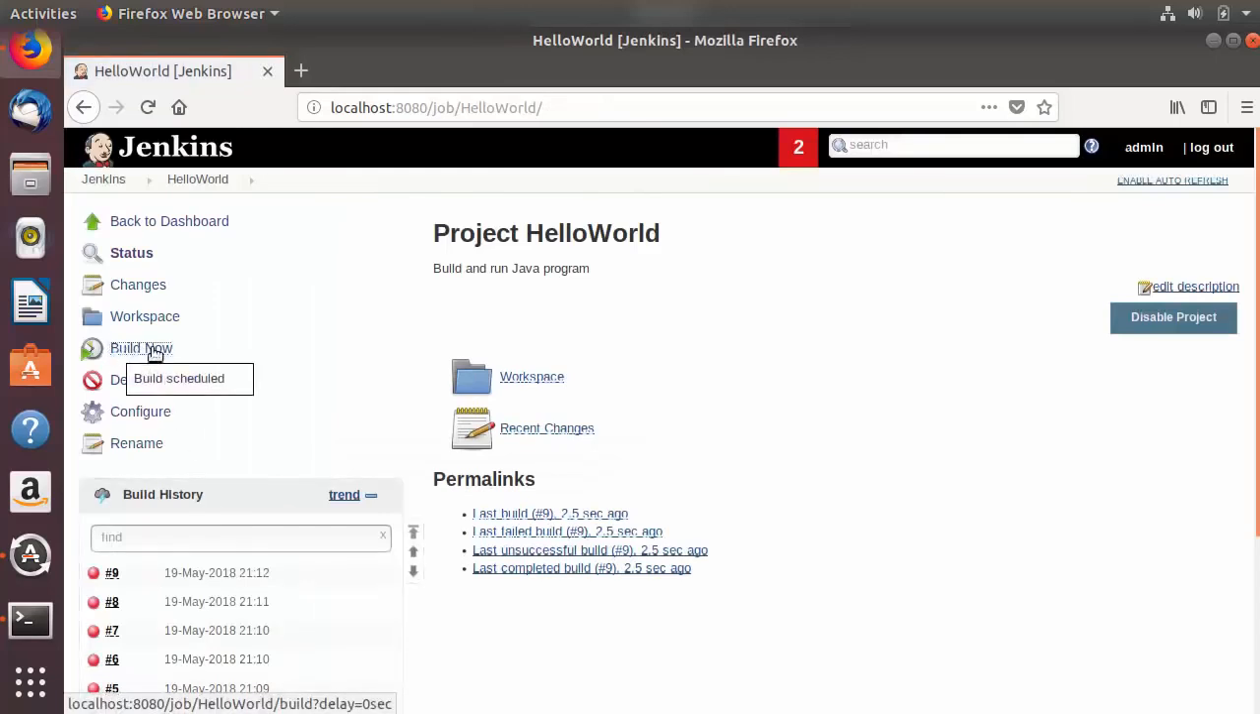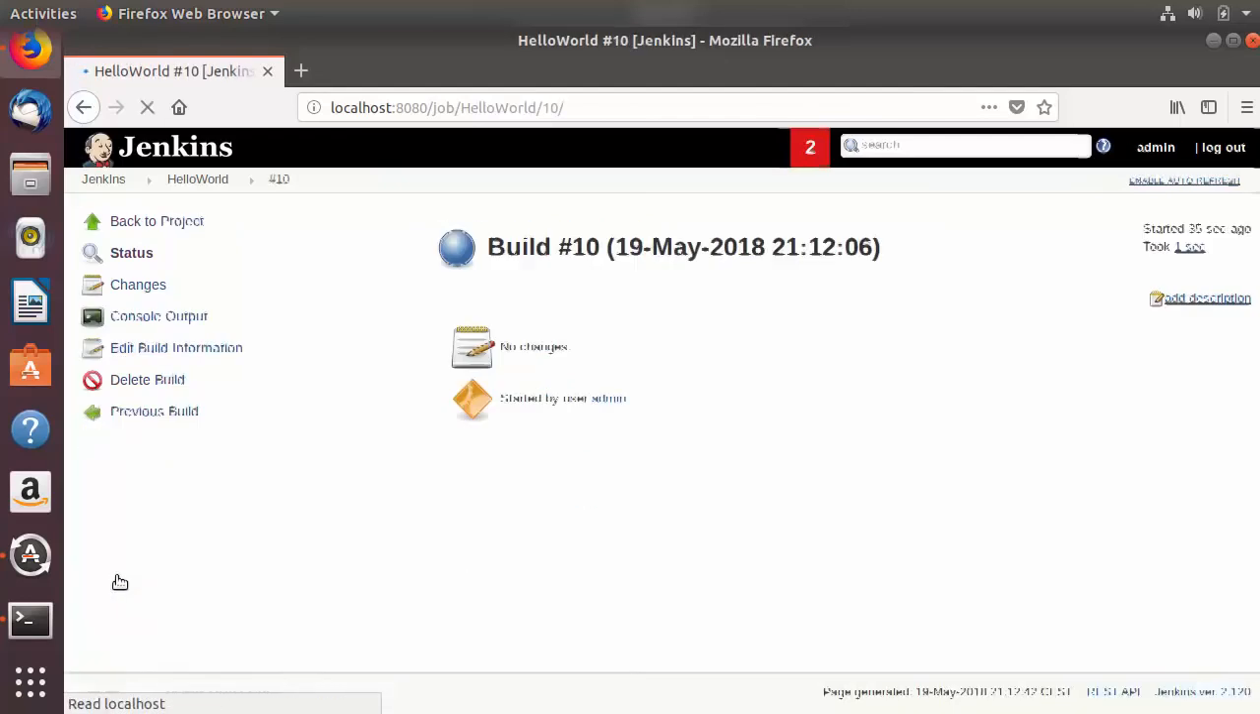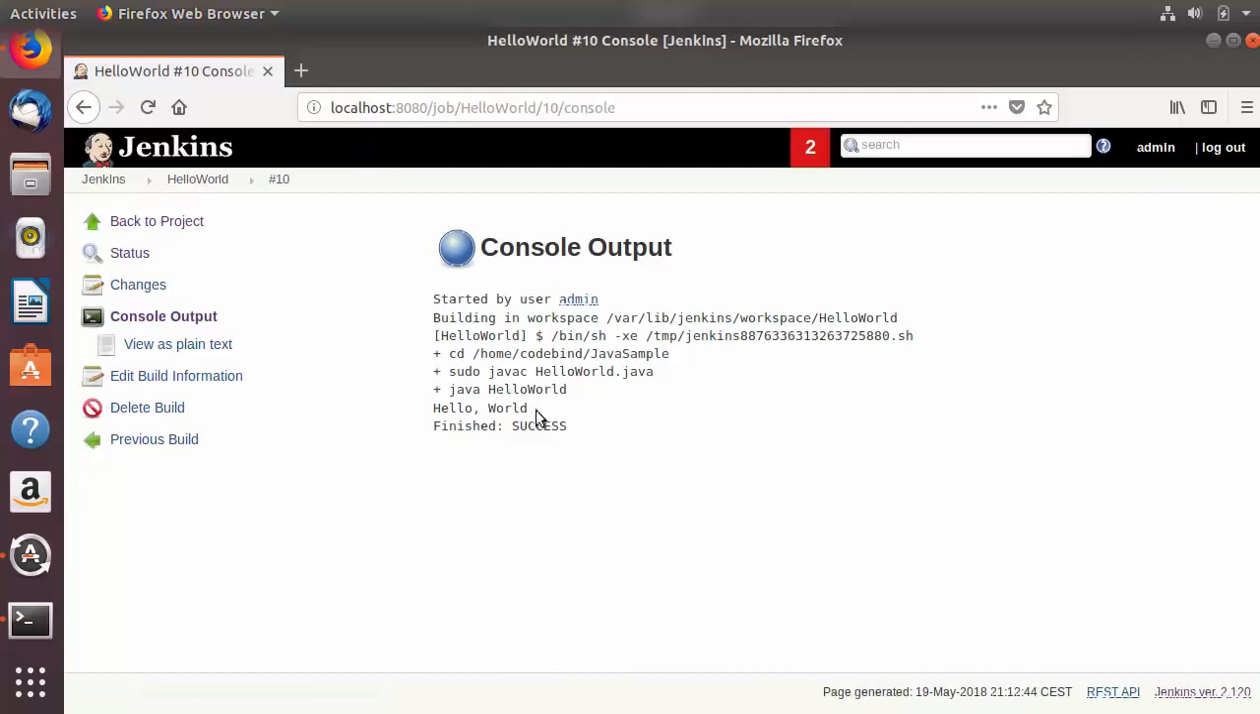So this button is going to build your program immediately. So it will not wait for the periodic trigger to build your Jenkins job. It will build your Jenkins job immediately. So you can see now our job shows a blue ball. This means the last build was successful. So let's go inside this build and then go to the console output,